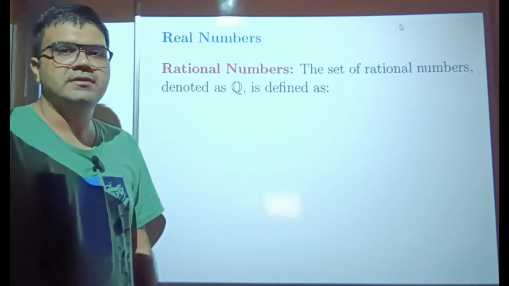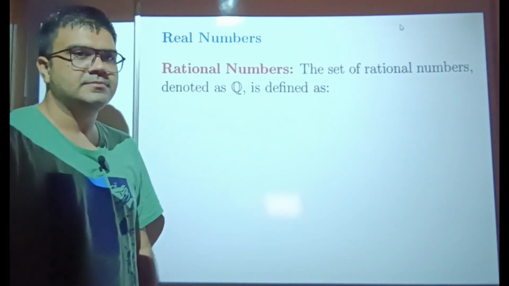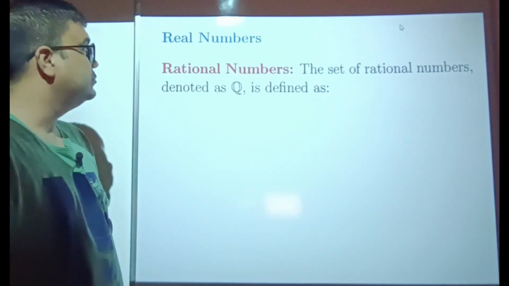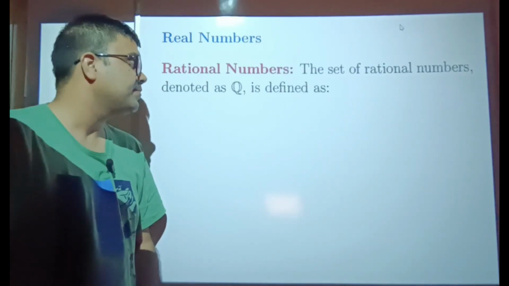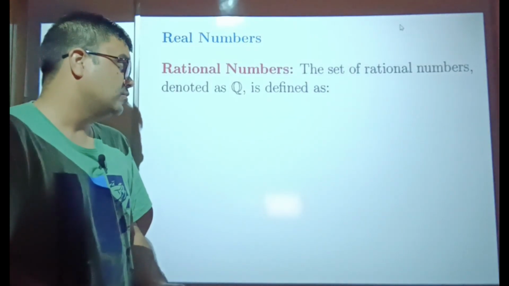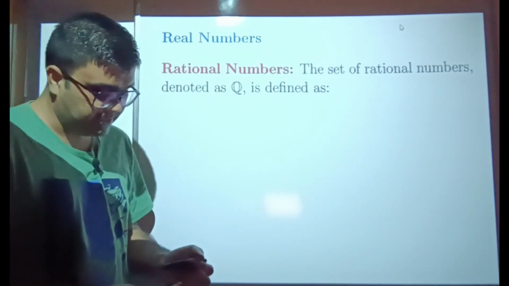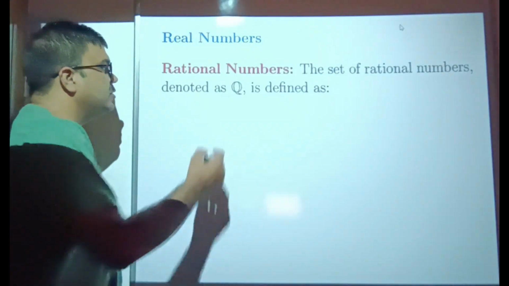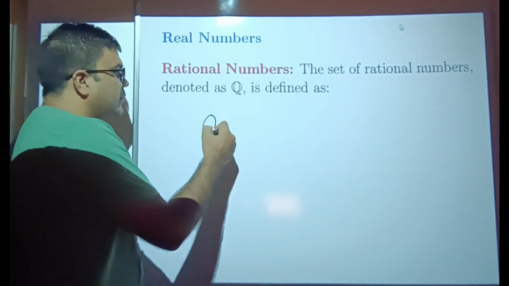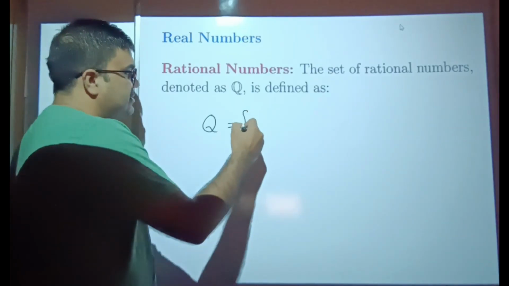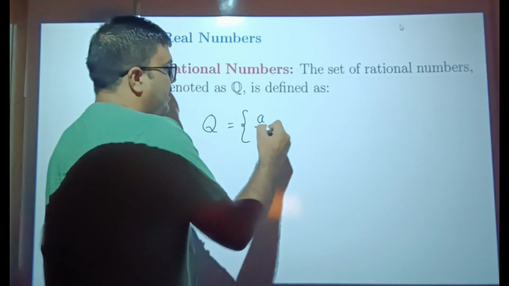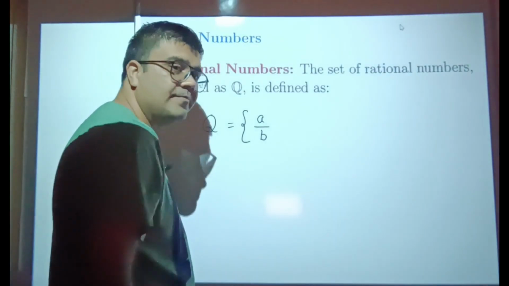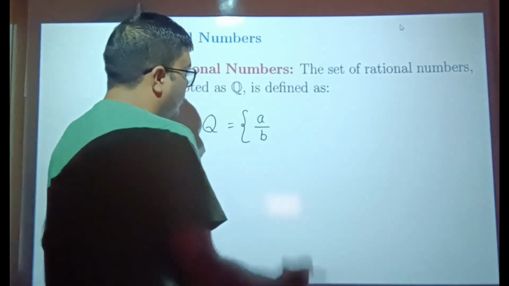Next we have the real numbers. So we start with the definition of rational numbers. The set of rational numbers is denoted by Q, and it is defined as having elements of the form a by b, or you can write,